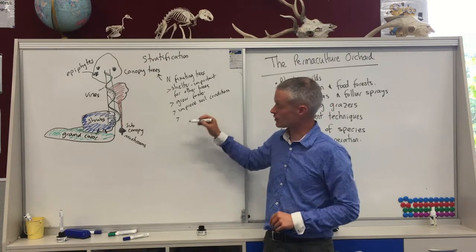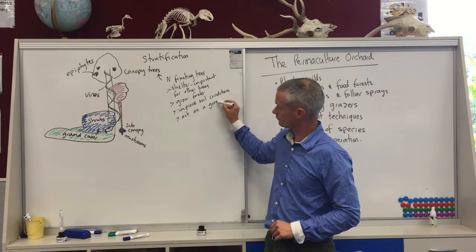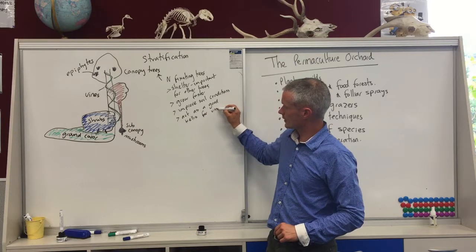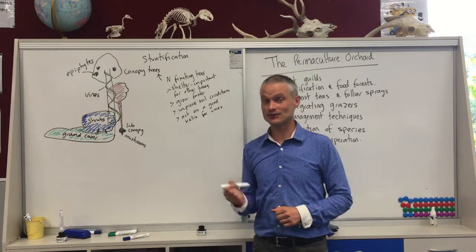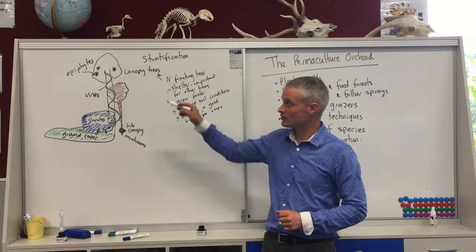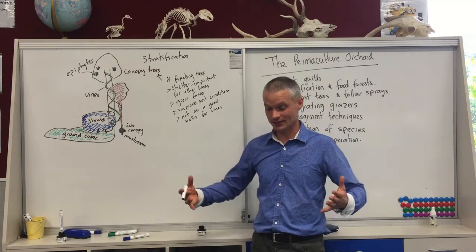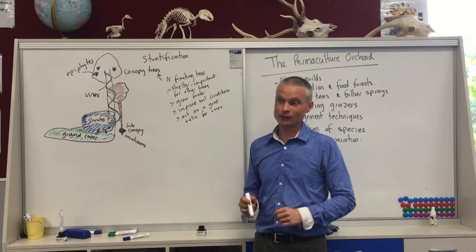They act as a nice structure for that, a good trellis for vines. And I often think in New Zealand we have quite a dominance of grapes and kiwi fruit and even banana passion fruit to some degree. We could use these nitrogen fixating trees as a way to trellis those vines in a productive system, but also